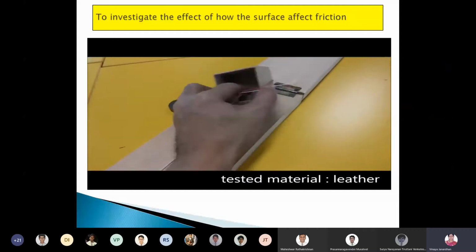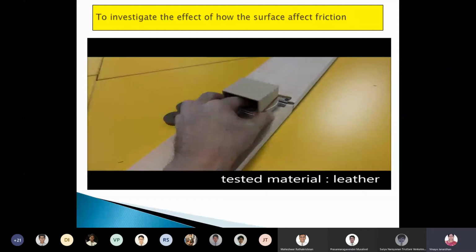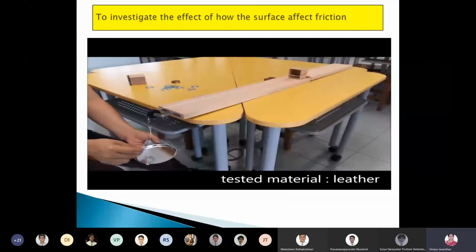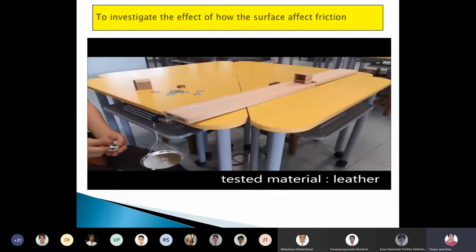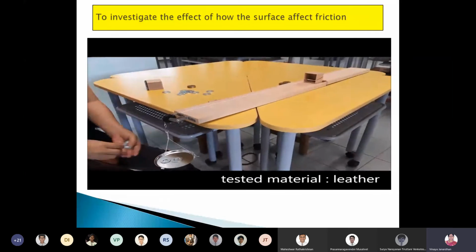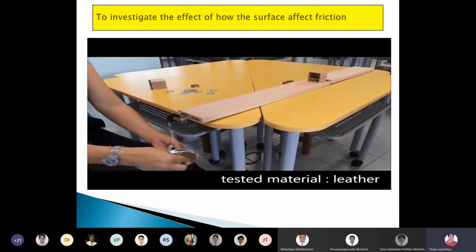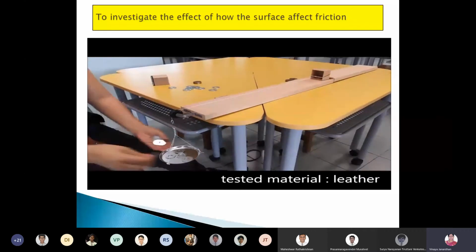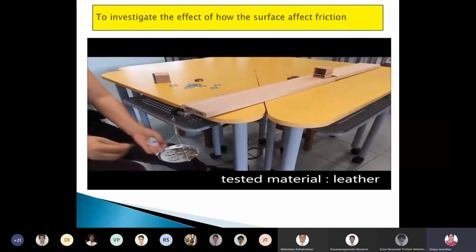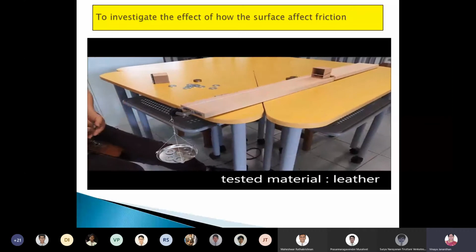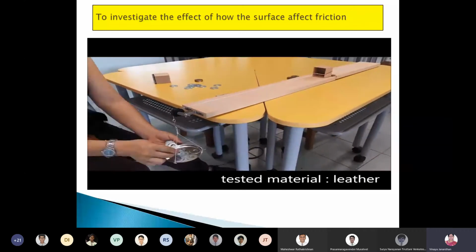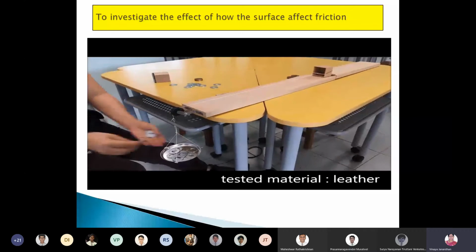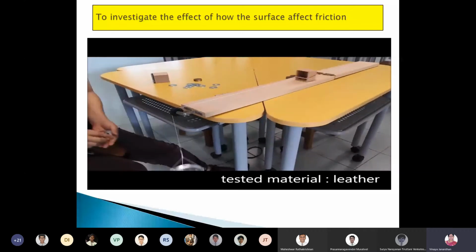Again, we have a 50-gram mass inside, and this is the leather. Measure 1, 2, 3, 4, 5, 6, 7, 8, 9,